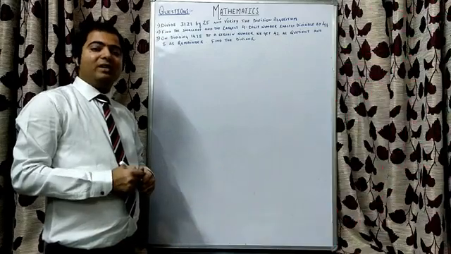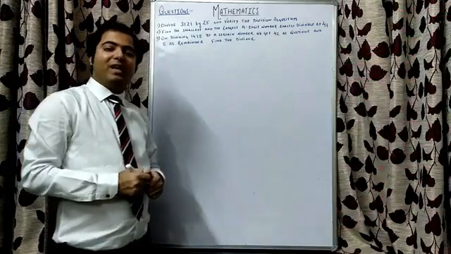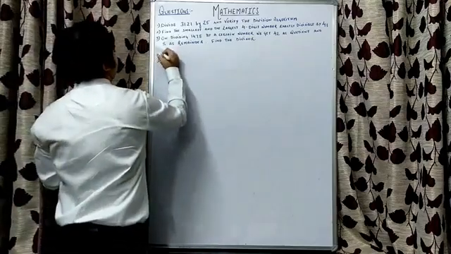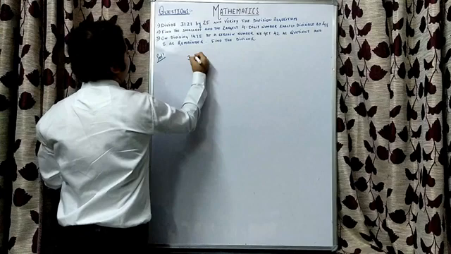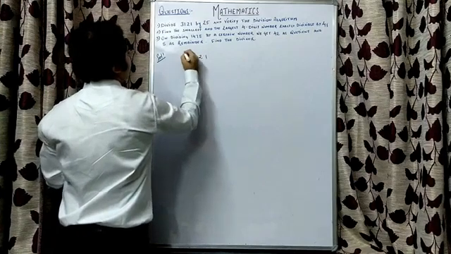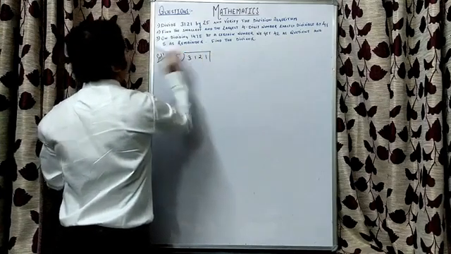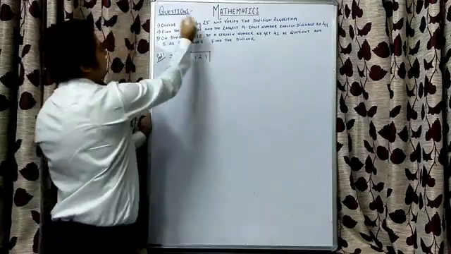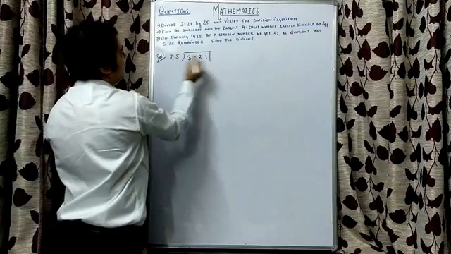So we will understand the properties that we have studied just now with the help of these questions. Question number 1 says that we need to divide 3121 by 25 and then we need to verify the division algorithm. So first we will do the first part, that is the division part.